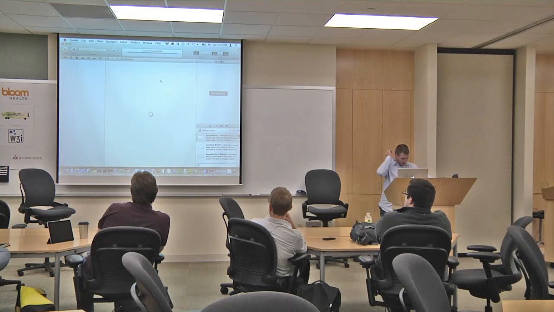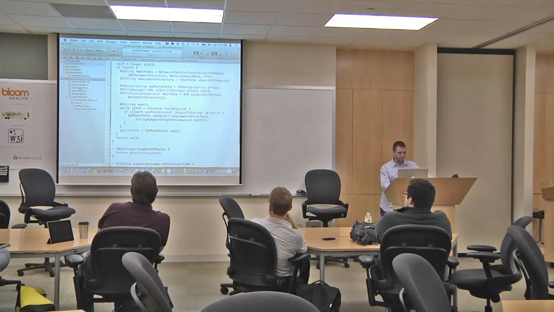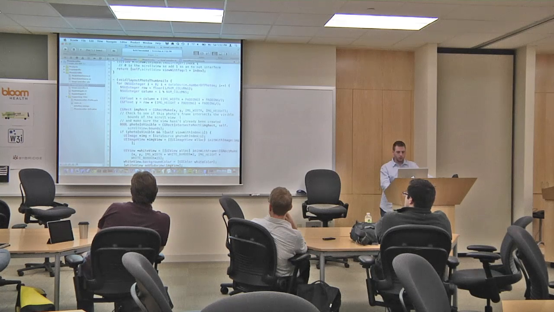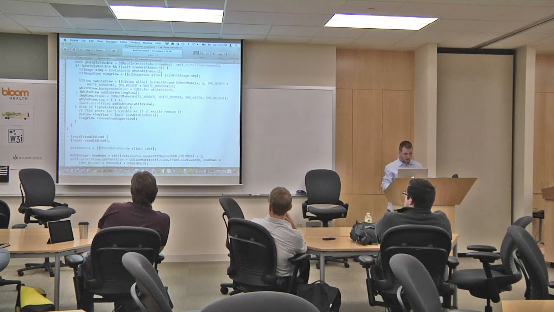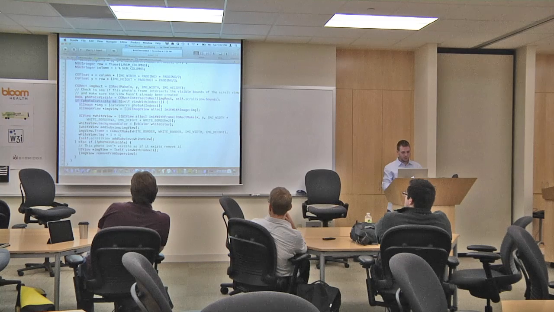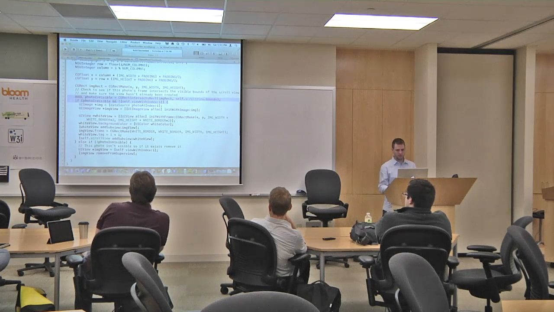So I've done a couple things here. One is I really only load images on demand. So I've got this loop here. It's kind of hard to see. And right here, for each image, I calculate where the image is going to be, where that photo thumbnail is going to be. And then I calculate where we are, where the bounds of the scroll view is, and see currently if that photo's on screen. If that photo's not on screen, there's no reason for me even to calculate a thumbnail. So I don't do it. So as you scroll, photos are added and removed,